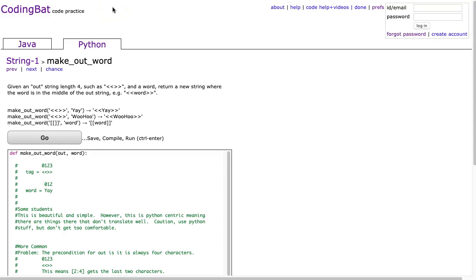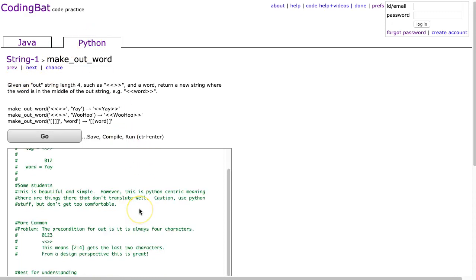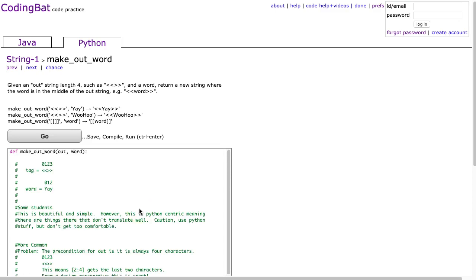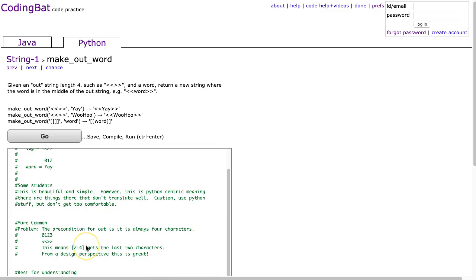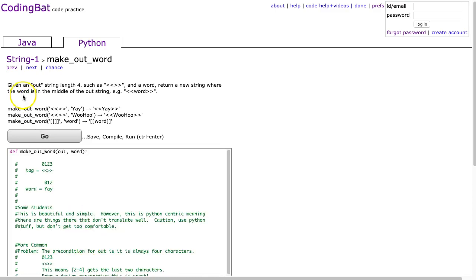Tonight we're going to look at makeOutWord in Strings 1, and this is the Python solution. Now you'll notice there's a lot of comments in here, and you can find my full solution with comments on my GitHub repository, which is linked below. The plan tonight is I'm going to do this a couple of ways, but I didn't want to type all these comments in. Okay, so the problem states: given an out string of length 4, such as this, and a word, return